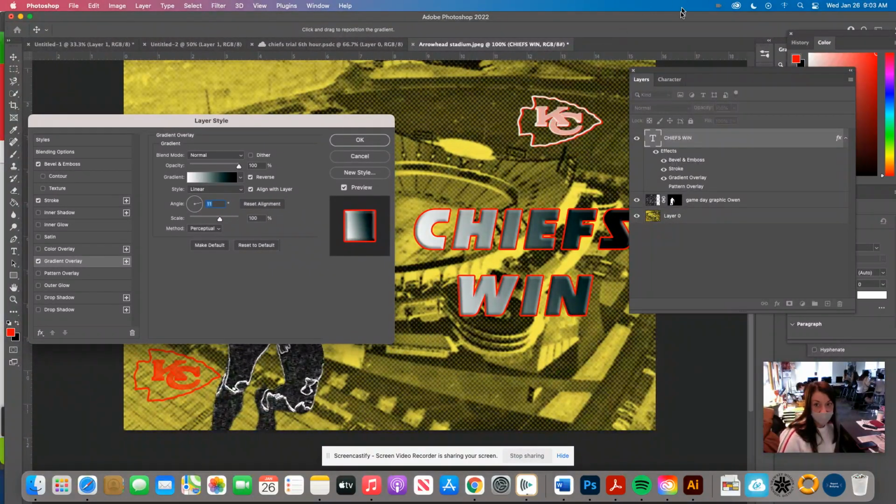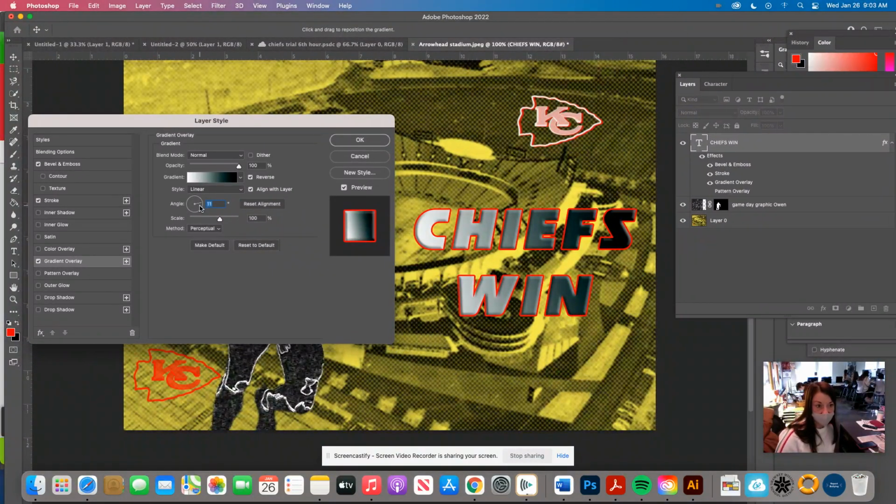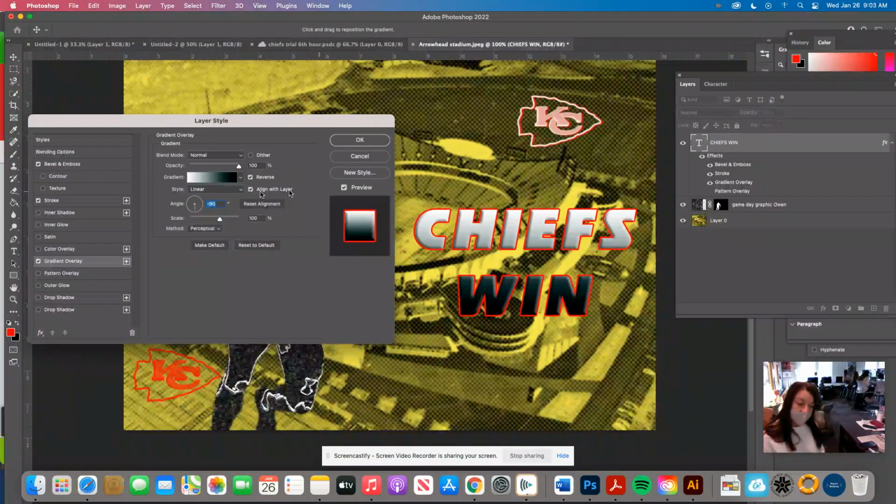Need to see this a little more. Okay. So reminder, you can put in all kinds of great details to give depth and interest with layer style,